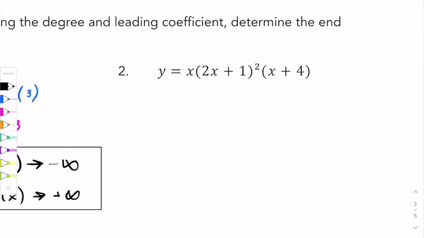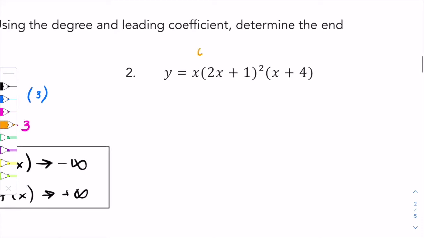Number two is not in standard form, which we do need our function to be in, in order to tell your end behavior. But there is a trick to this. Whenever you have a function that is not in standard form, you only need the degree and the leading coefficient. So instead of multiplying this whole thing out into standard form, you're going to multiply the first term